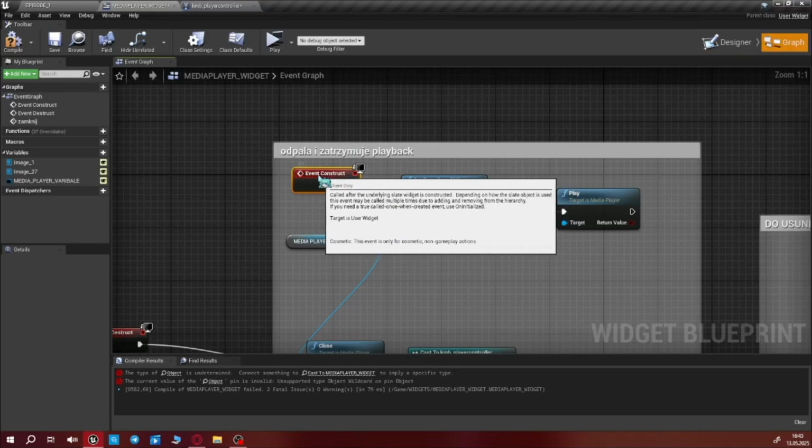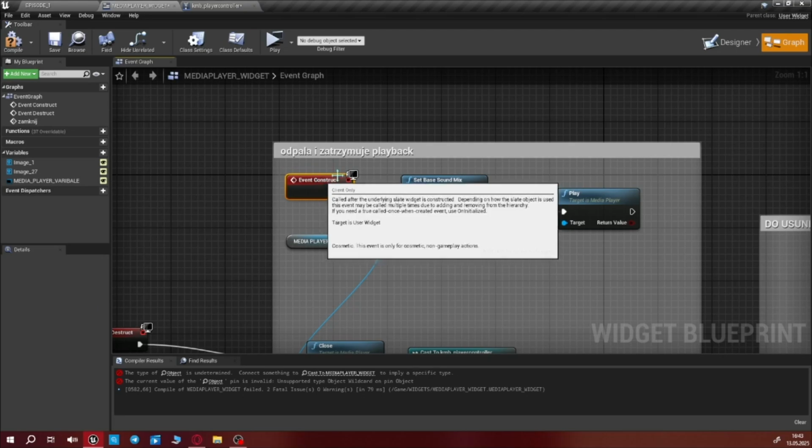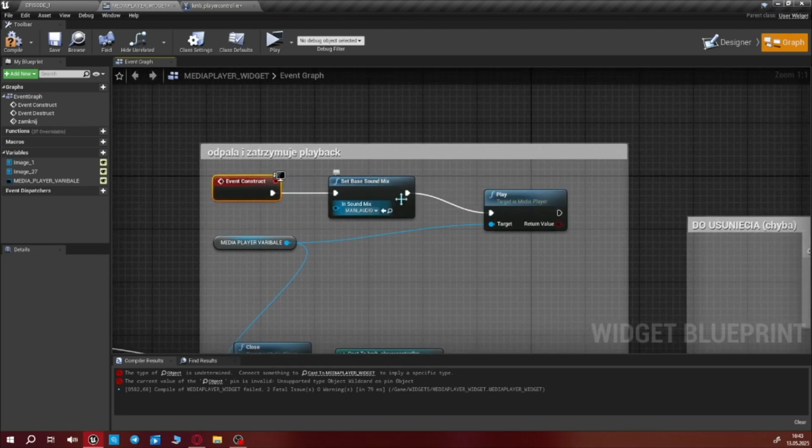If you're gonna have a bug where it doesn't play any sound when you're creating the widget itself for the media player, remember to set the base sound mix so it knows in what channel it needs to play, or rather class. If you are gonna use it on a